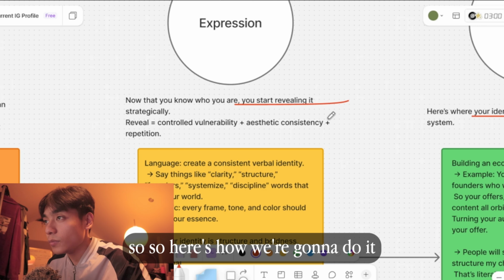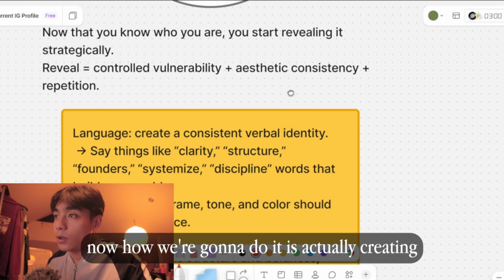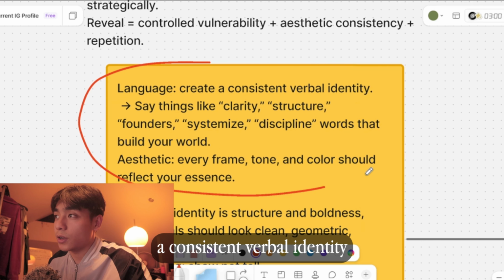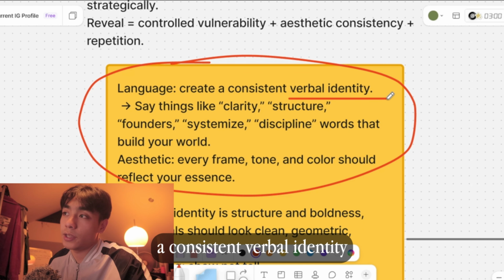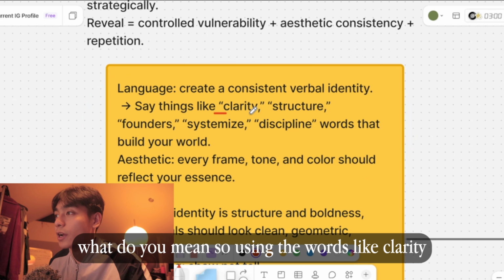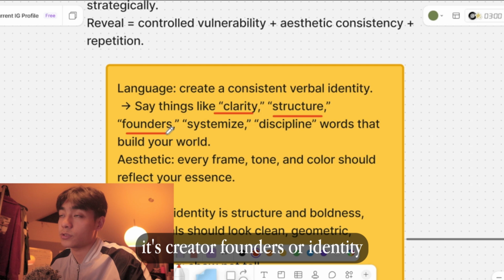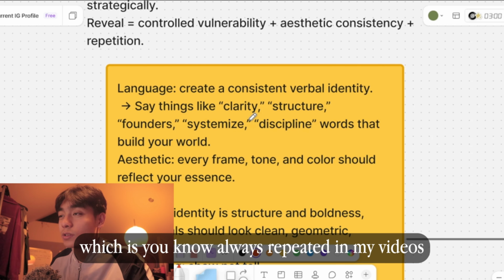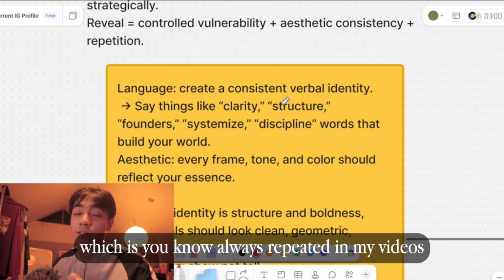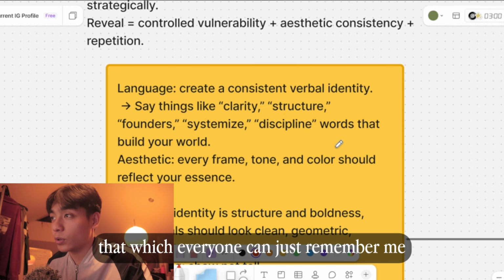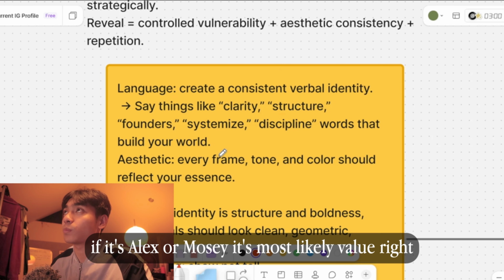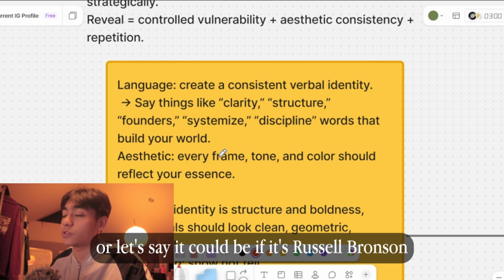So here's how we're going to do it. We're going to create a consistent verbal identity. What do I mean? Using words like clarity, structure, founders. In my case, it's creator founders, or identity, which is always repeated in my videos so that everyone can remember me. If it's Alex Hormozi, it's most likely value, right? Or if it's Russell Brunson,